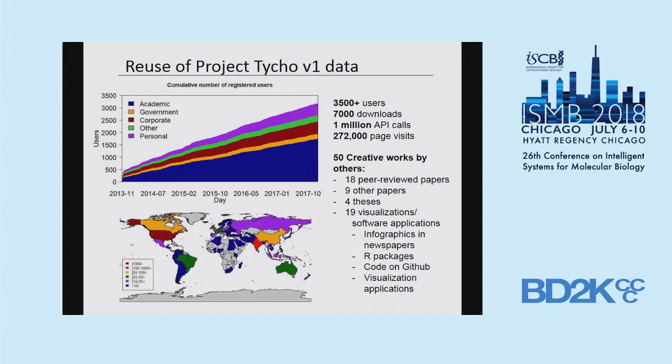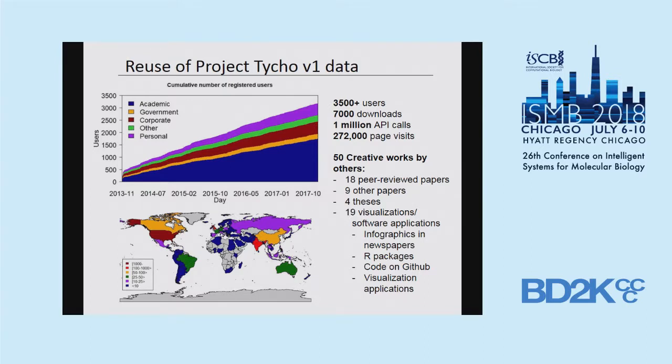And so here you can see the results. This is between 2013 and 2017. We had up to 3,500 registered users of the data system, mostly academics here in blue, and then also government agencies, corporate users, and personal users as well. 7,000 downloads of data sets, 1 million API calls, and 250,000 page visits to the website. In the end, you can see here the number of people in different countries around the world. Really, people from all over the world have used this US disease surveillance data set,